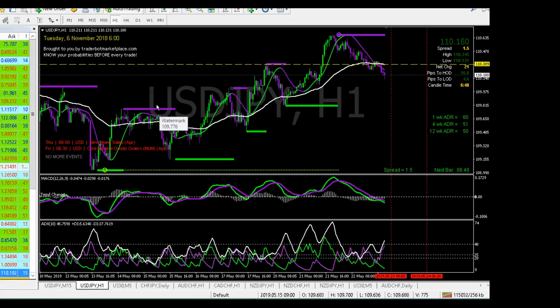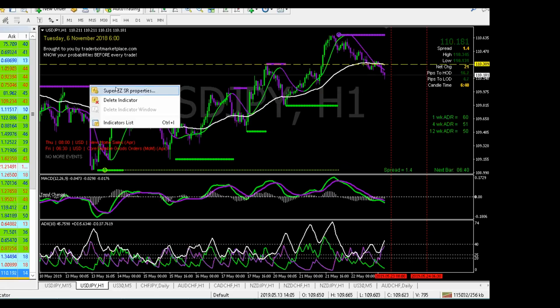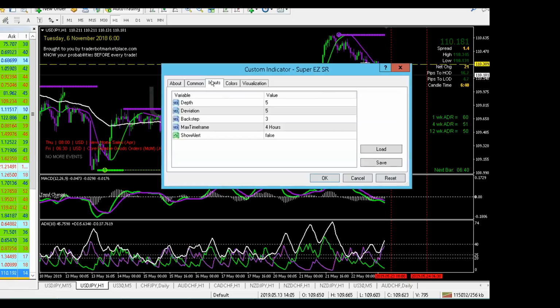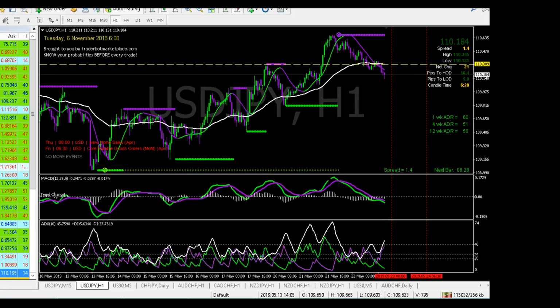Yeah, just put 2 super easy SRs on your chart, 2 of them. Put one of them on the 4 hour. Let's go to inputs. Put one on 4 hour, and then put one on day 1, and then you'll have both on your chart. Same thing. Wait a minute. I'm not sure I followed what you did there. I saw the 4 hour, but